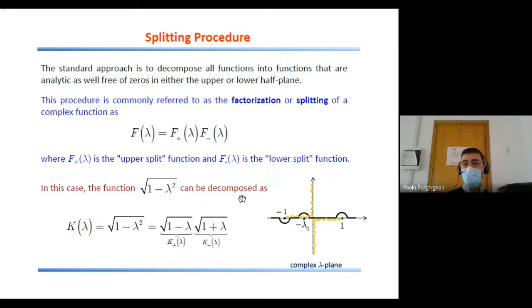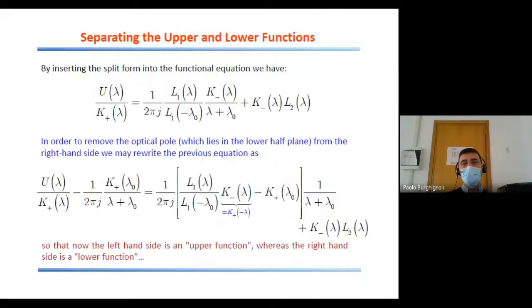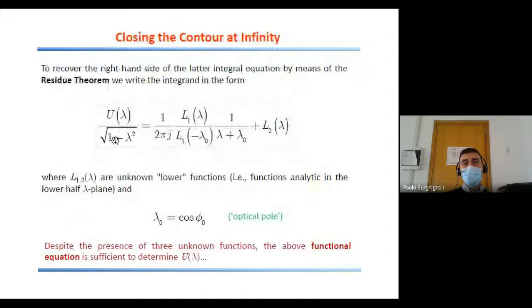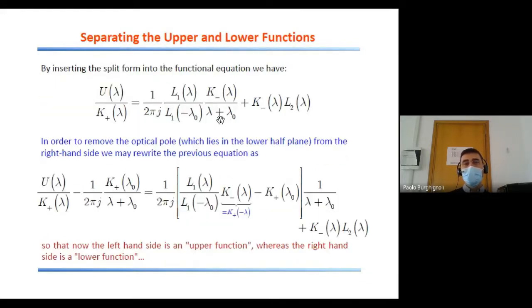This is actually what we need in our specific problem, because that's the only function that still remains to be factored. In particular, if you consider this equality, u and l are functions that are already either upper or lower, whereas the square root of 1 minus lambda squared is neither upper nor lower, but since it can be factored, we leave on the left-hand side of this equality its upper part, and take on the right-hand side the lower part. Okay, so we have k plus